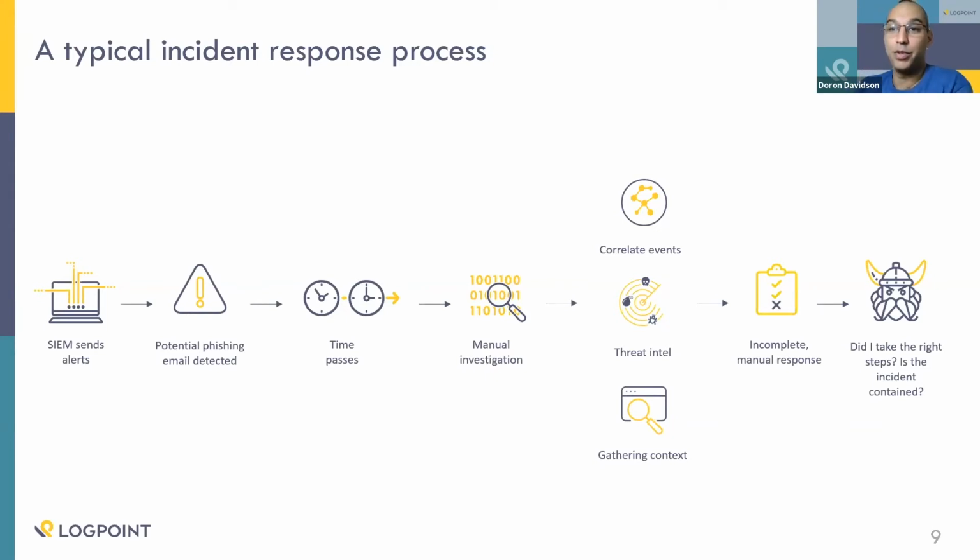Once he does pick up the relevant phishing incident, he will start with his or her manual investigation. So he will try to understand who sent the email. Is it internal or external? If it is external, what do I know about this domain? When was this domain registered? Whether this domain within any of my threat intelligence sources has already been notified as a possible phishing attacker. Try to gather additional context about the email itself, extract all headers, trying to understand from this header whether this is phishing, maybe it is also spam on top